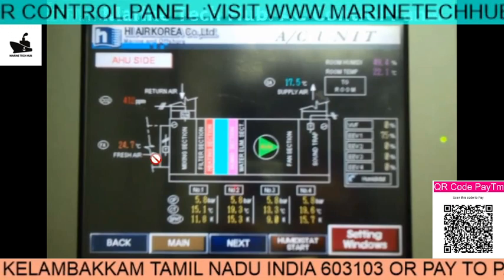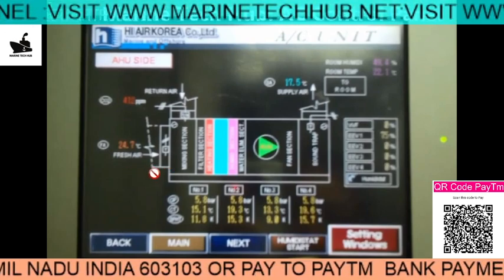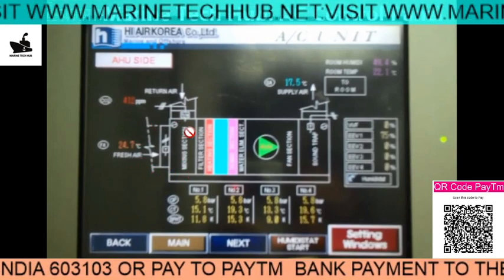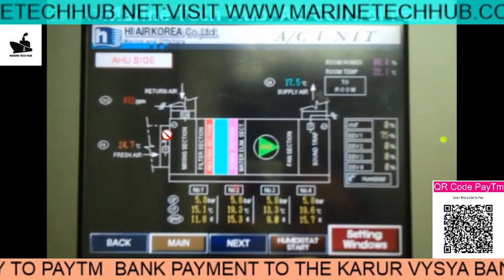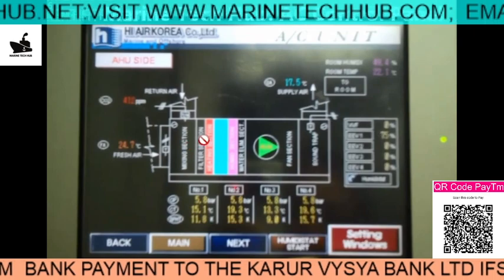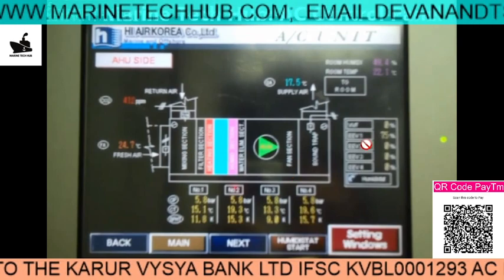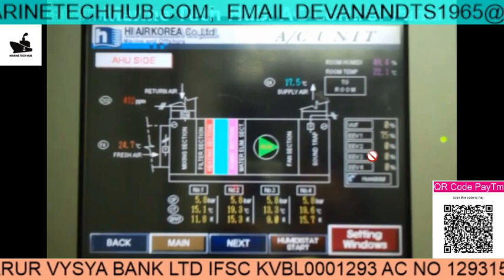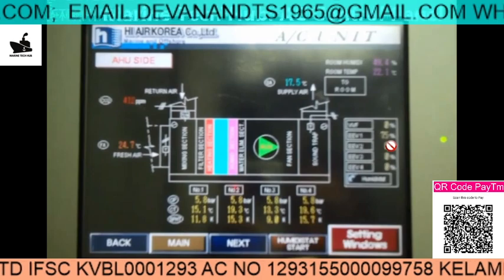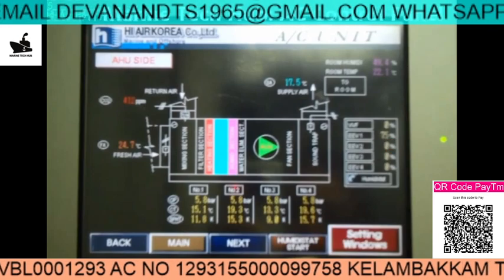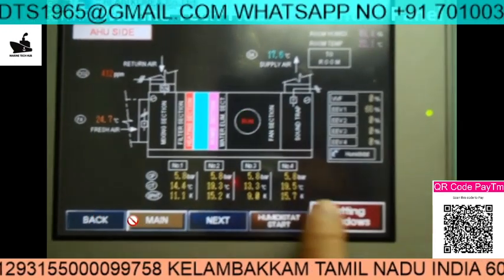This question is asked most of the time to chief officers and engineers: how do you throttle this valve? So this is a flap valve. You can keep it 10% open here. You can see in this picture right now, 1, 2, 3, 4. These are the solenoid valves above the air handling unit. Right now one is open. So I'll be running the video for you to show what it is.